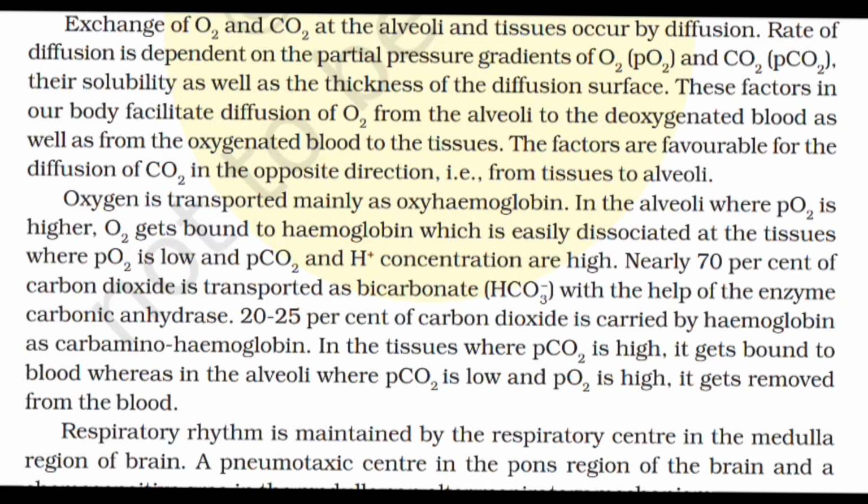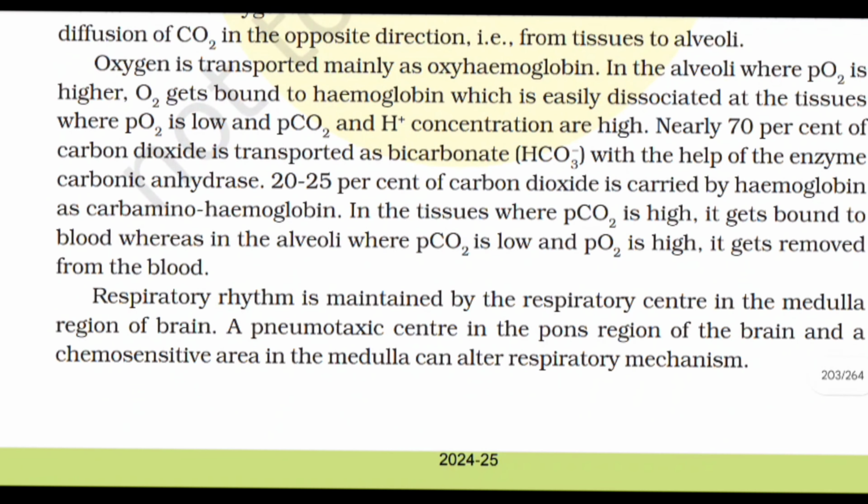Nearly 70% of carbon dioxide is transported as bicarbonate, HCO3 minus, with the help of the enzyme carbonic anhydrase. 20 to 25% of carbon dioxide is carried by hemoglobin as carbaminohemoglobin. In the tissues where the partial pressure of CO2 is high, it gets bound to blood, whereas in the alveoli, where the partial pressure of carbon dioxide is low and the partial pressure of oxygen is high, it gets removed